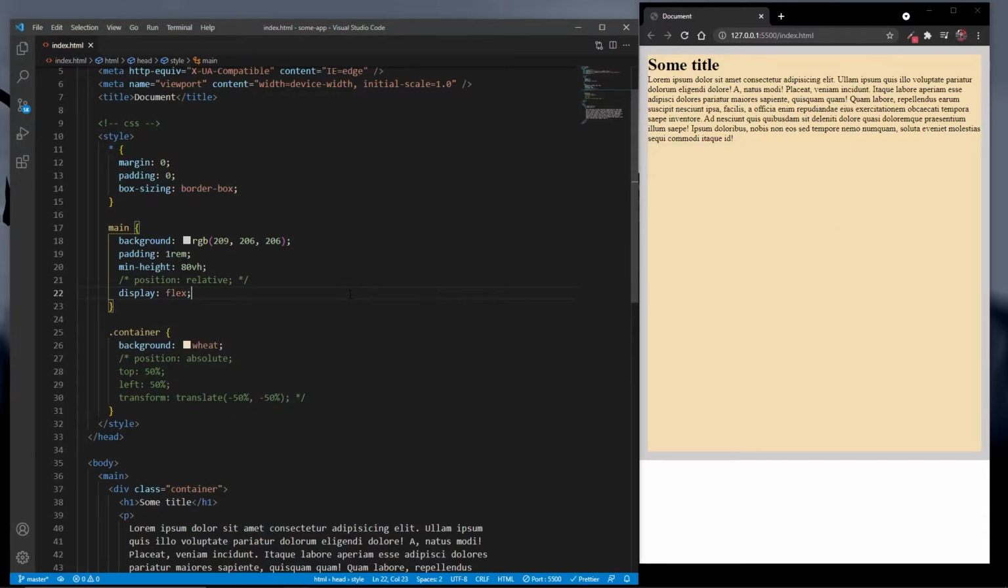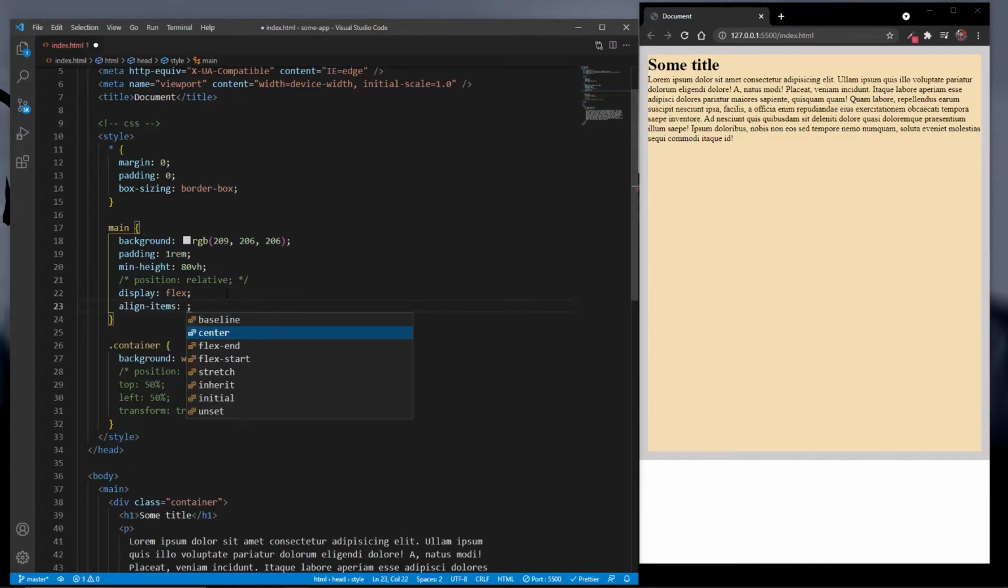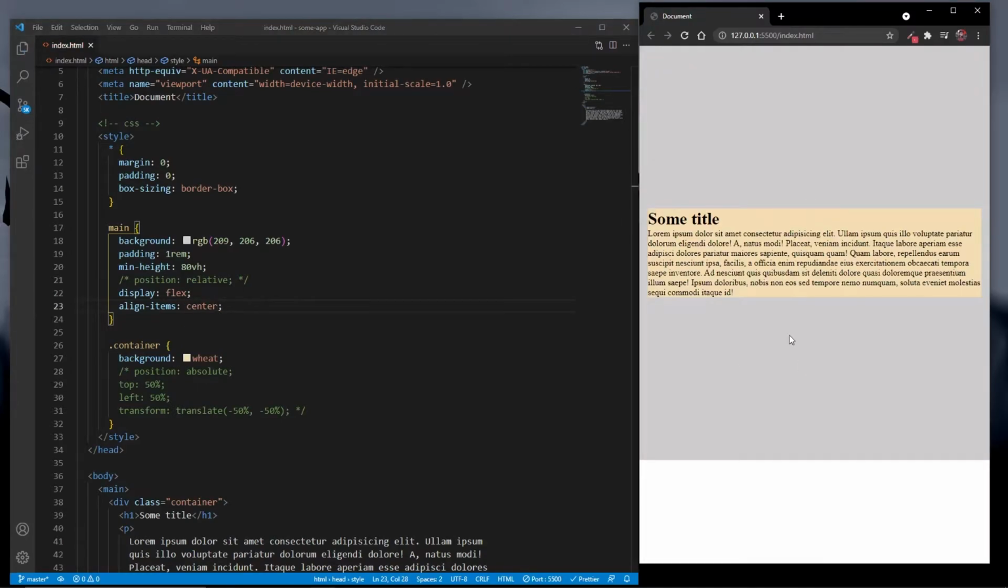So display flex makes it stretch out completely. Now the next property is align items, which will align it in the center vertically, not horizontally, only vertically. If I save, you see we have it in the center, but if I go full screen, you can see we only have it in the center vertically,